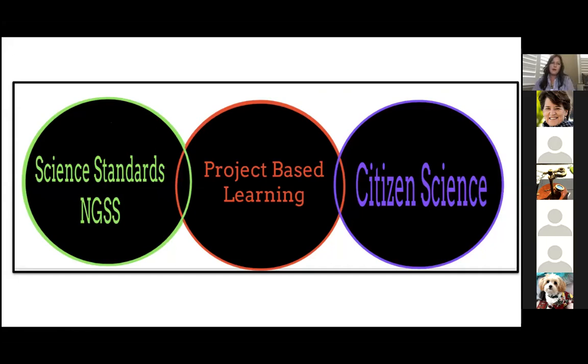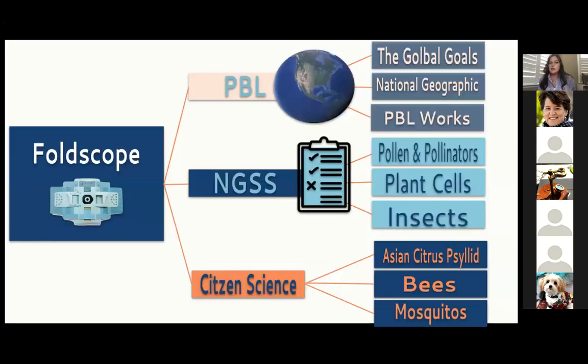Okay, so moving on, my next one is combining project-based learning and citizenship and moving a little bit further into projects beyond just your basic science lessons. I wrote this graphic organizer for a presentation I did earlier this spring on what else can I use Foldscopes for? And so I thought back to the different things that I'd done in my classroom or touched on or actually had planned on doing, but didn't get a chance to completely do this school year with the shutdown,